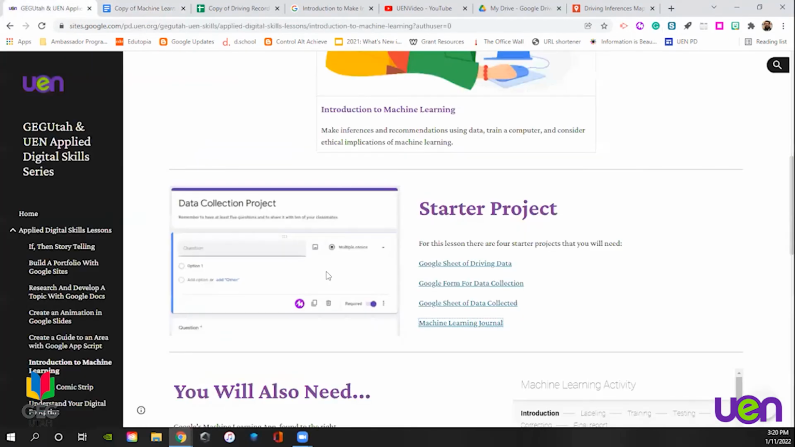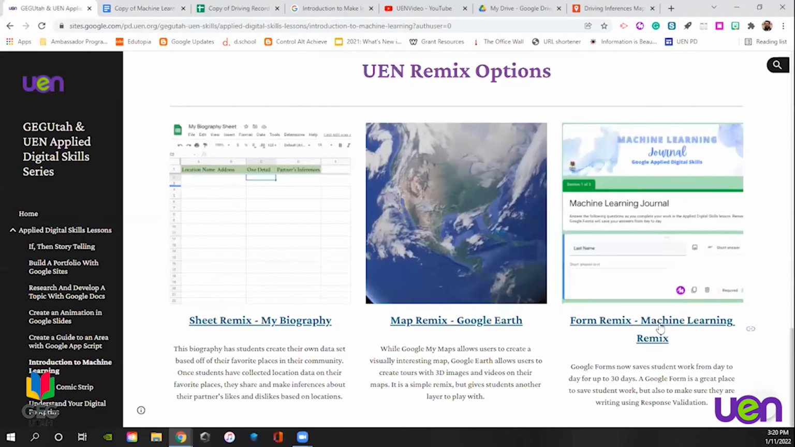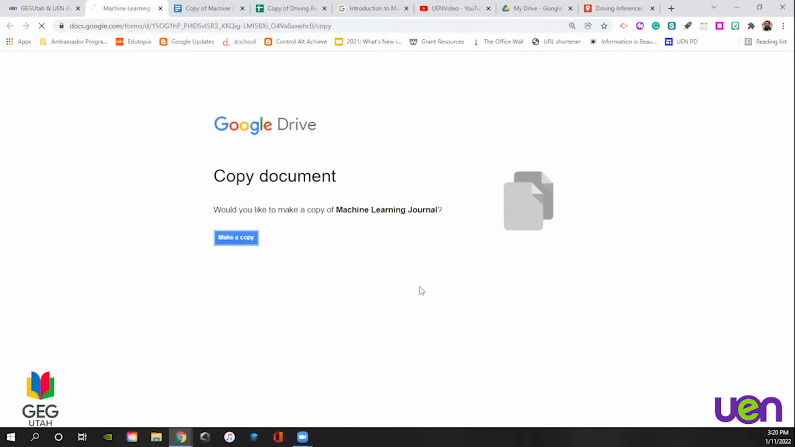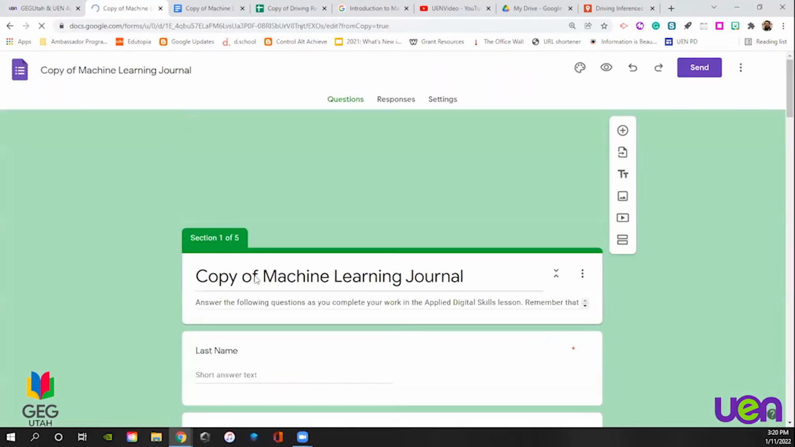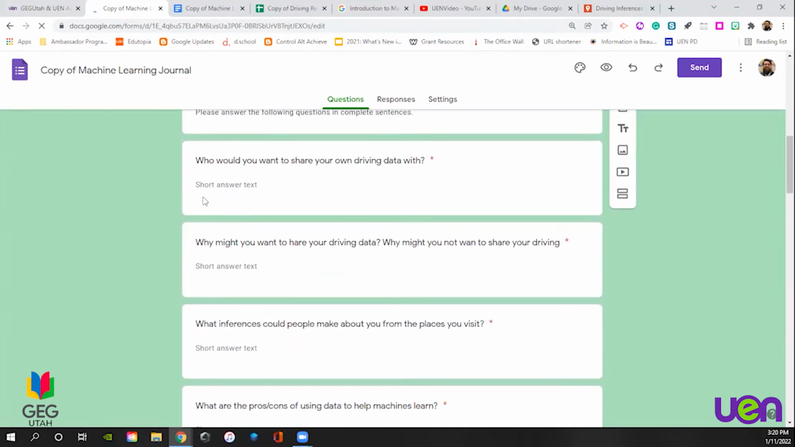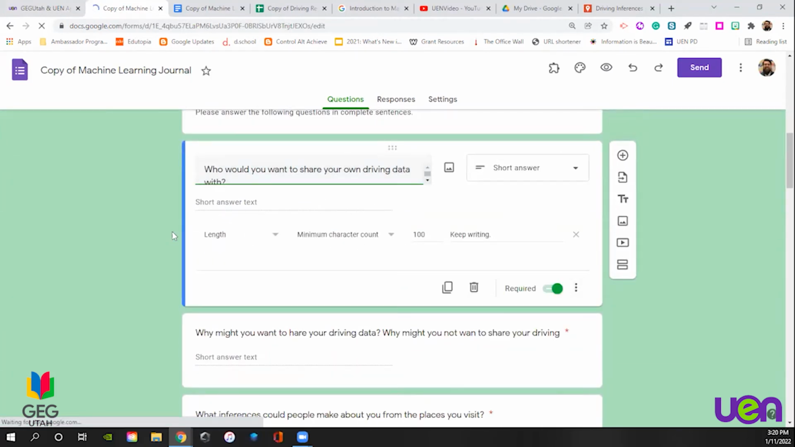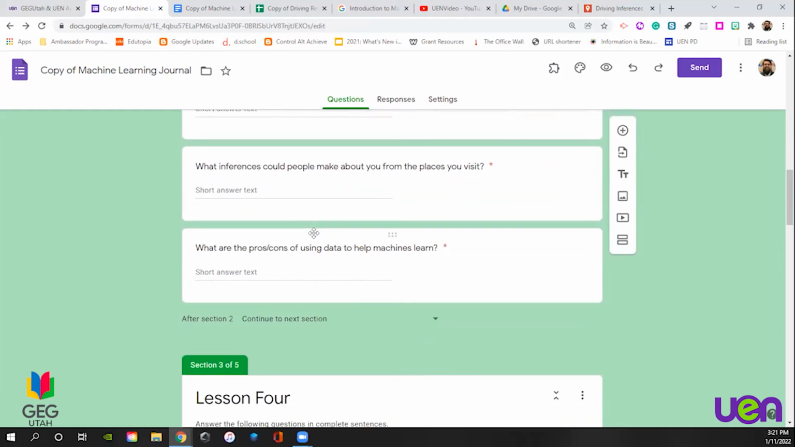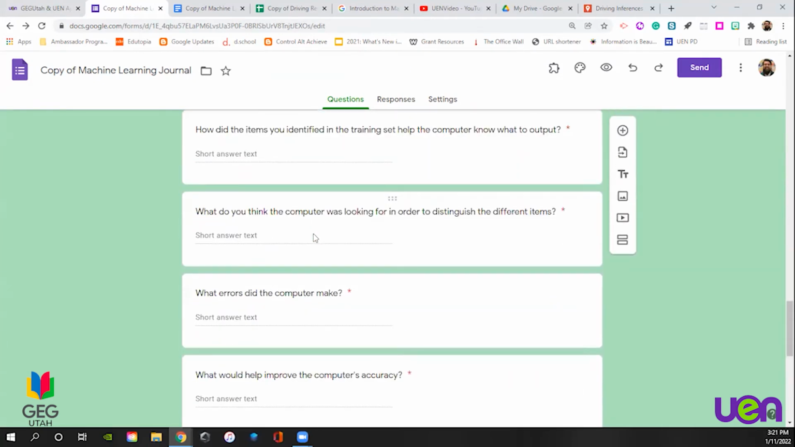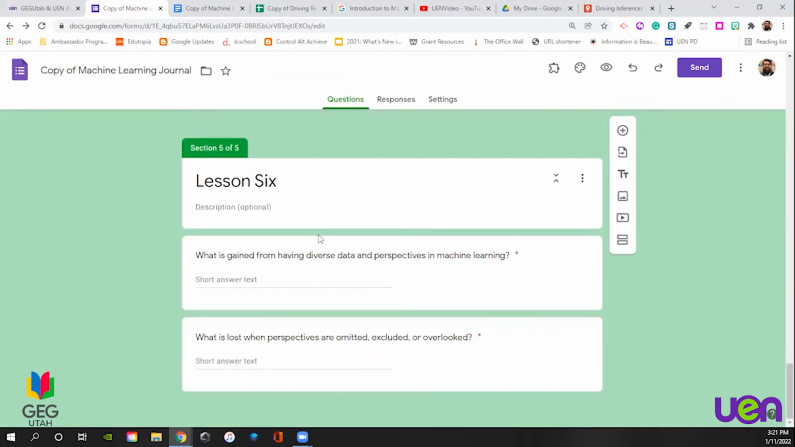One of the remixes, I'm just going to go through this right now, is down here at the bottom. There is a form remix of this where a student can go through this Google form that has all the questions embedded in there that they can answer, as well as just as a courtesy, I've added response validation to make sure that students add at least 100 characters to that question, so we know they're writing something there as well. It's broken into the different lessons, and thanks to Google over the last couple of months, adding